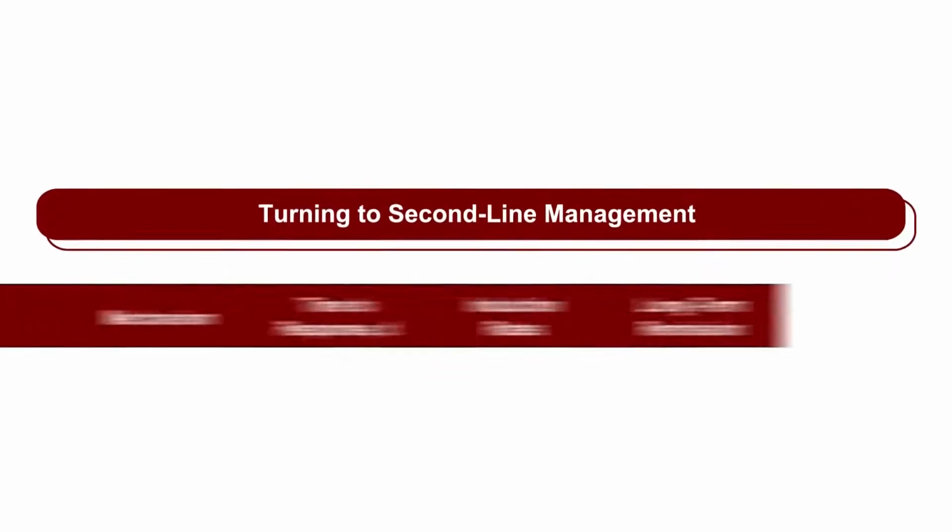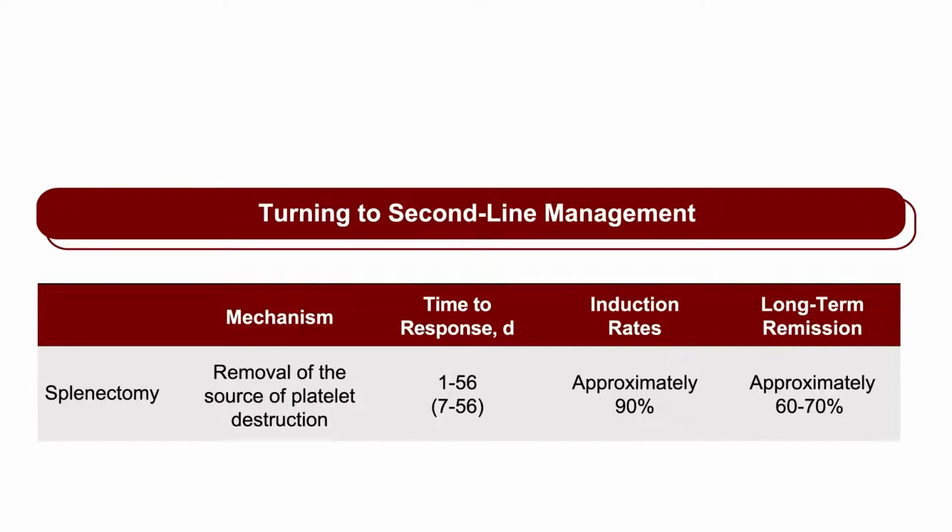So when we think about these, splenectomy, the mechanism is really quite simple. We're removing the source of platelet destruction. The time to response is anywhere from 1 to about 60 days. It can happen quite quickly once you clamp the vessel leading to the spleen. And induction rates are really quite good at about 90%, with long-term remissions of about 60 to 70% in older